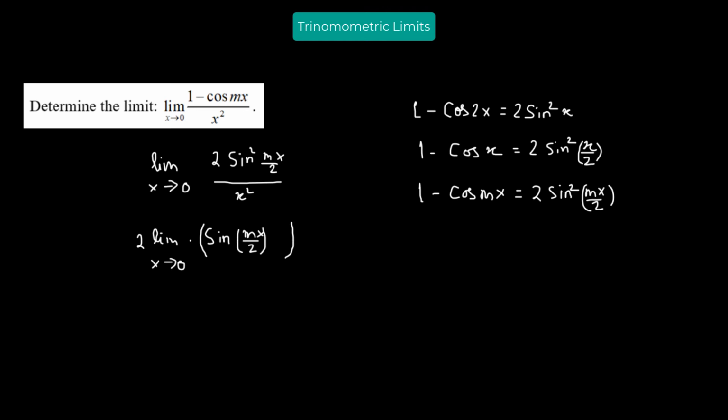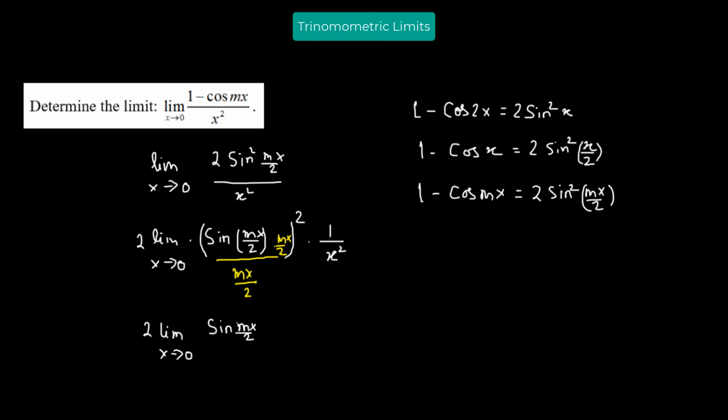So this is sine mx over 2 whole squared times 1 over x squared. Now what we're going to do is we will divide sine mx over 2 by mx over 2 and then also multiply by mx over 2,